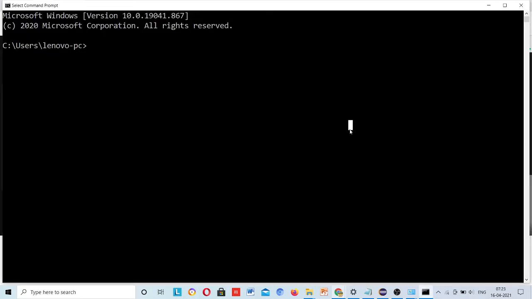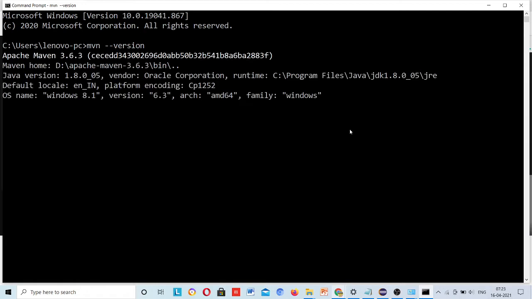We need to type mvn space double hyphen, you can say minus as well but it is hyphen, not minus, version, and press enter. It shows that Apache Maven 3.6.3 is installed on my machine. So this is how you will install Maven.